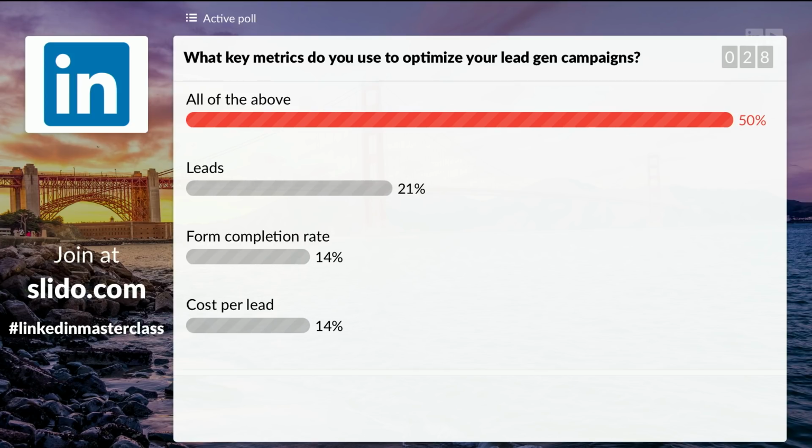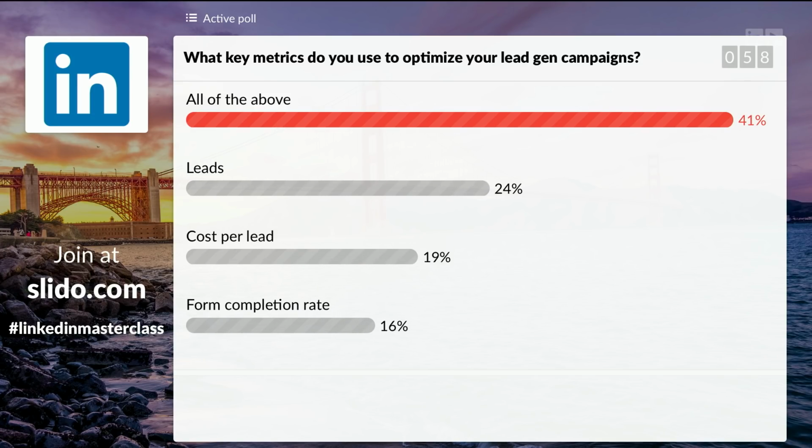I think for me as a lead gen marketer, definitely using all of them, each with a different lens. Volume of leads is always important because the second that drops, I have someone from sales knocking on my door asking where their leads are. So keeping sales happy with the volume of leads is important, but also making sure I'm not paying too much for those leads, more than the annual lifetime value of a customer. So optimizing for that. And then of course the form completion rate, which I really think is the most important for campaign optimization,